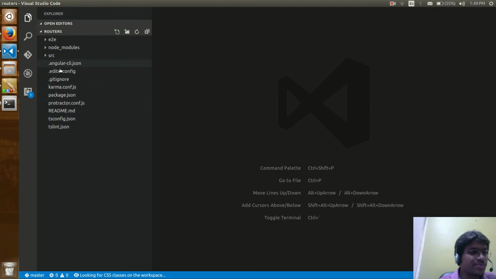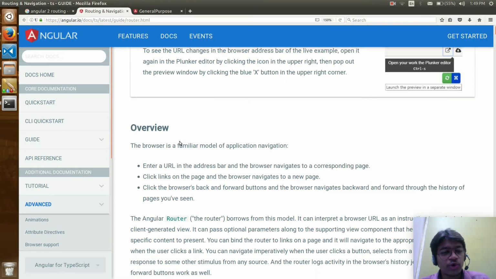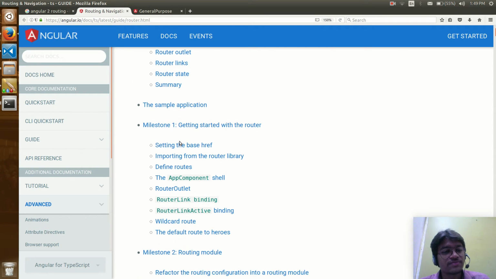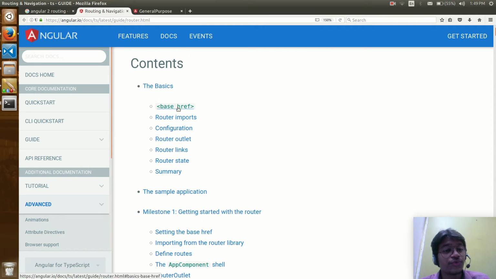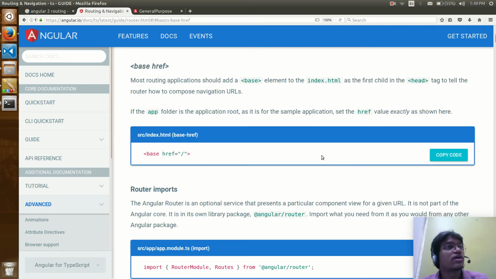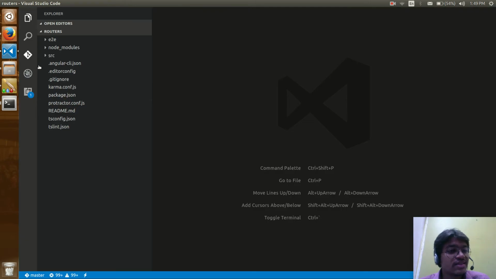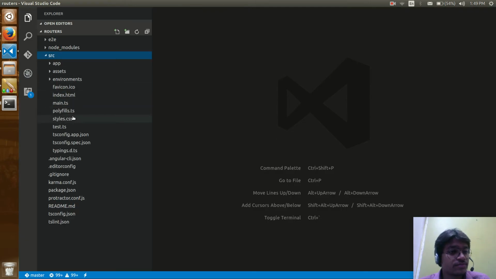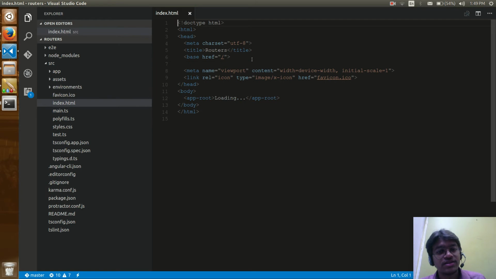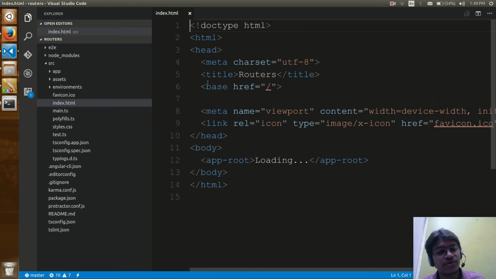I'm going to create a separate repository for this, for your batch, and we would be starting with the routers. So far we have seen this line over here. If you can see this base href, this line